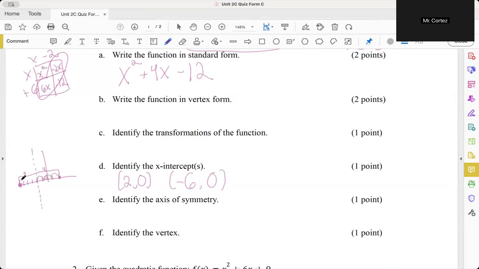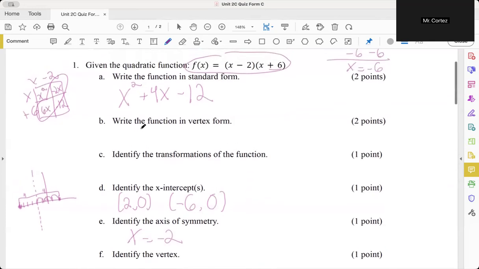So our axis of symmetry is halfway between -6 and +2. So it's got to be at -2. So how does that help us with vertex form? We can now say that we have parentheses, x opposite of -2, so x plus 2 being squared. But we need our y coordinate, so this is a pretty simple plug and chug. So we have plugging in -2 for x,